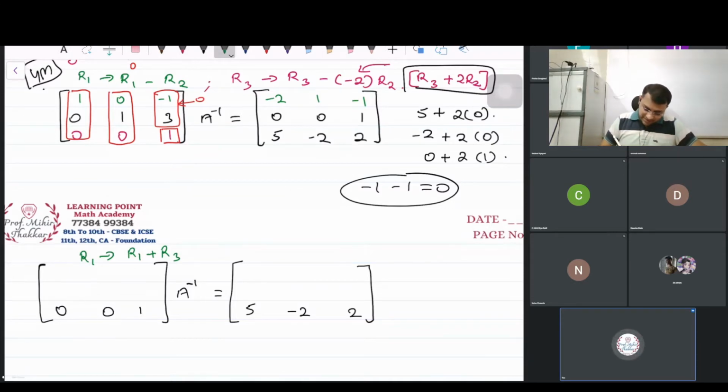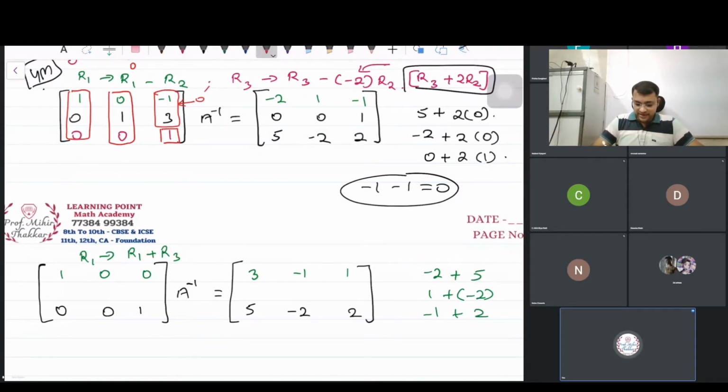So guys, the best part is that you don't have to do any working on the left hand side now. We are already done with working for the left hand side. Only if you do the working carefully on the right hand side, you will definitely get the answer. So it is here -2 plus 5 which is equal to 3. 1 plus -2 which is -1. Minus 1 plus 2 which is equal to 1. So there you go with the first.